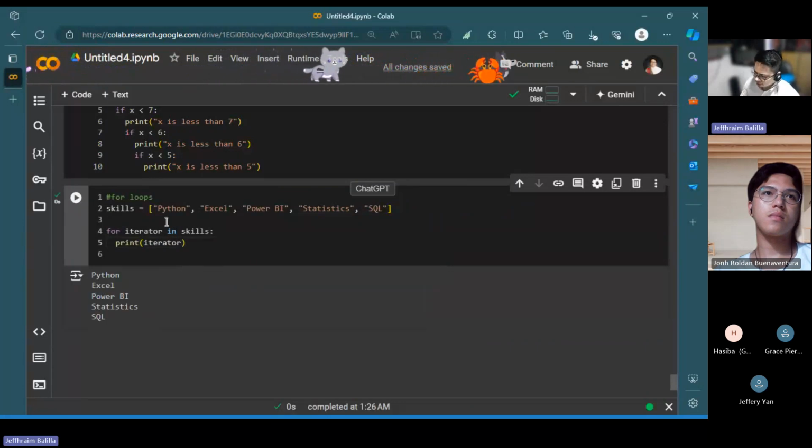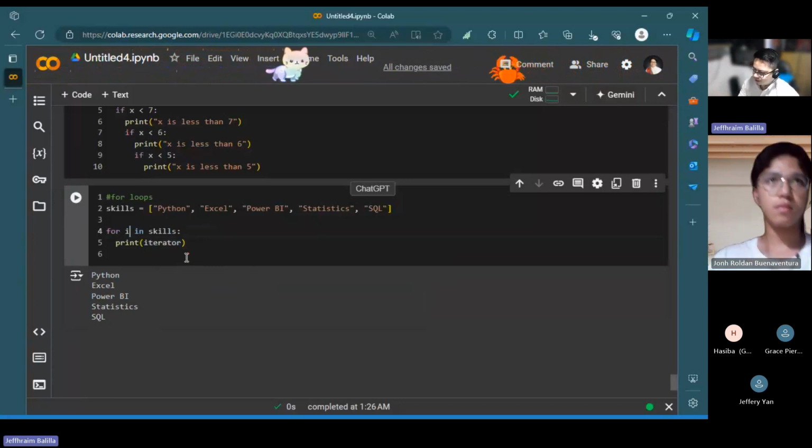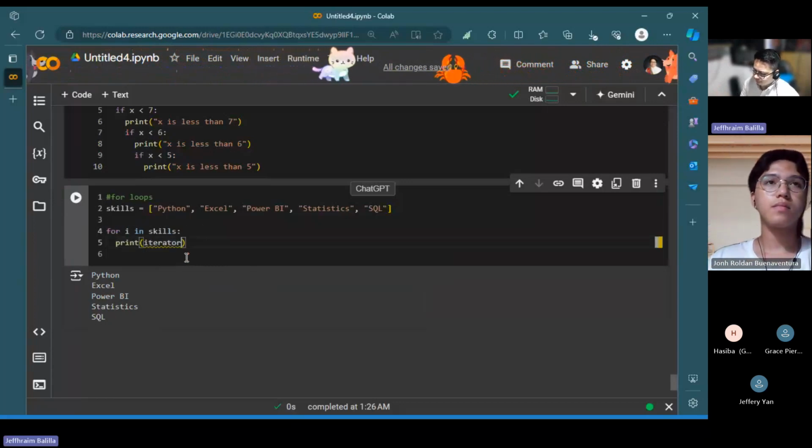You would see in some resources online that they are using I, which refers to basically the iterator. That's why it's common to see I in for loops.